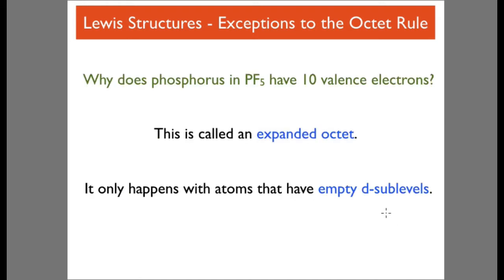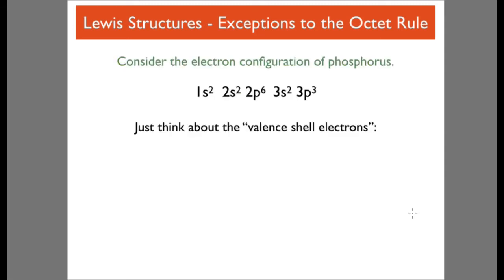So why does phosphorus have these 10 valence electrons? What's going on? Well, it has an expanded octet. And it only happens with atoms that have empty d sublevels. Now, what do we mean by this? Let's have a look. If we consider the electron configuration of phosphorus, we've got 3s2, 3p3. Now, think about the valence shell electrons here. If you draw it out, you can see here that the